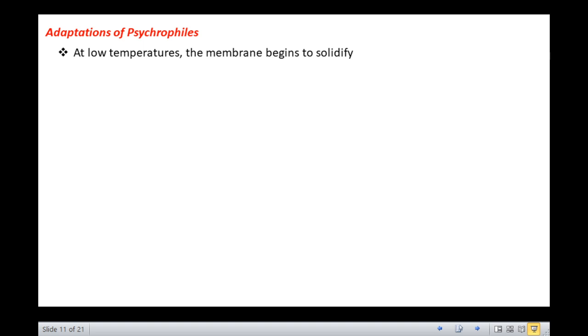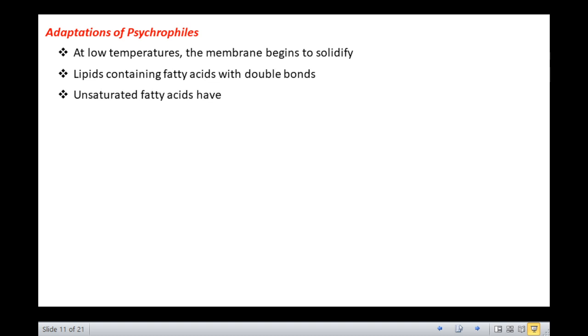How do these organisms survive at freezing and high temperatures? Obviously, they undergo some adaptations. Let us first discuss the adaptations of psychrophiles. At low temperatures, the membrane begins to solidify, making it difficult for the organism to carry out its many necessary functions. Psychrophilic bacteria compensate for low temperatures by synthesizing lipids containing fatty acids with double bonds. Lipids with unsaturated fatty acids have lower freezing points and thus the membrane will stay fluid at low temperatures, just as vegetable oil made of polyunsaturated fatty acids is liquid even at the refrigerator temperatures, while butter made of saturated